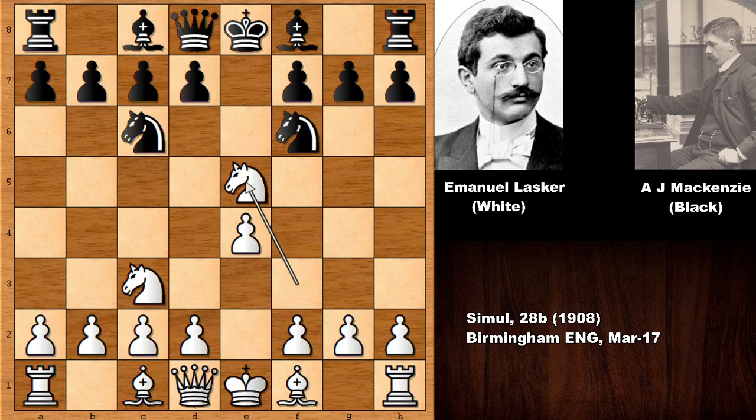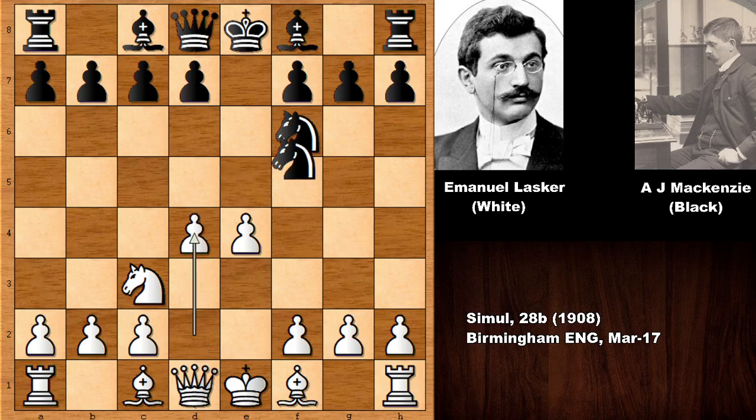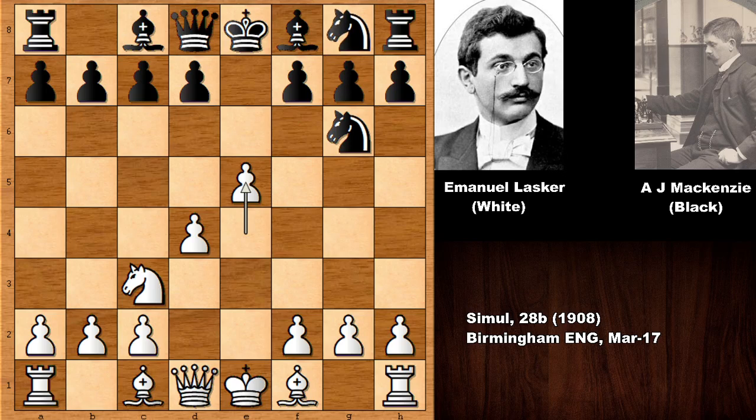And Arthur Mackenzie captured the knight. What else? Actually, this is the best move, accepting the Halloween Gambit. d4 by Lasker and knight to g6. Actually, knight to c6 is a little bit more accurate. e5, so kicking the knight back and only safe spot for the knight. And then bishop to c4. So white has a lot of attacking chances in this Halloween Gambit, but sacrificing a knight for only one pawn